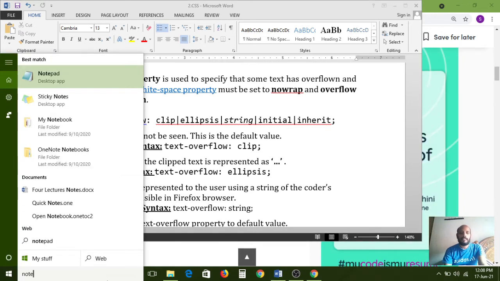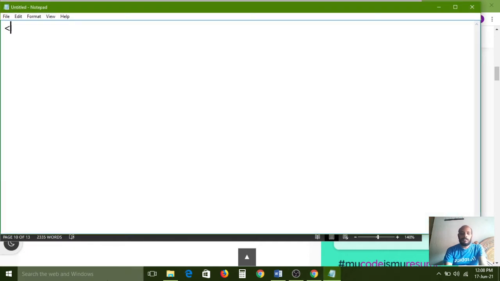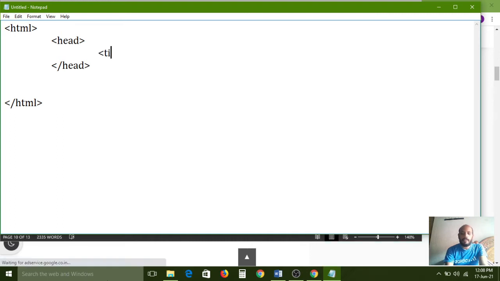Notepad. Here HTML is the root element. After that, the head tag, the closing head tag, and inside it the title tag we need to define.